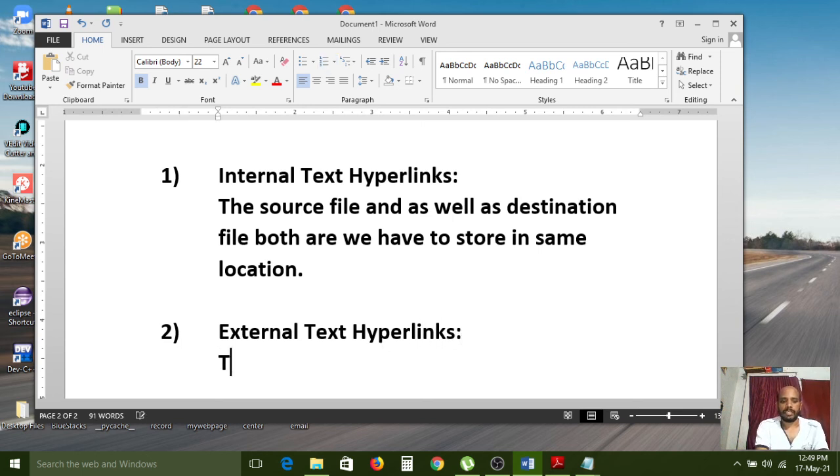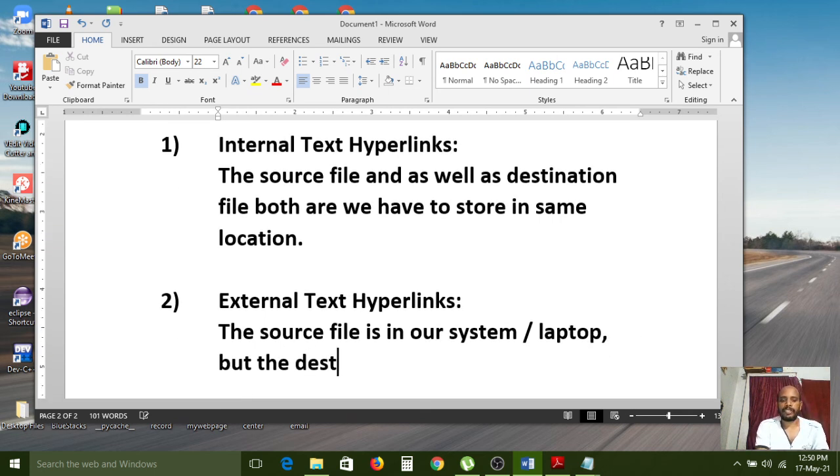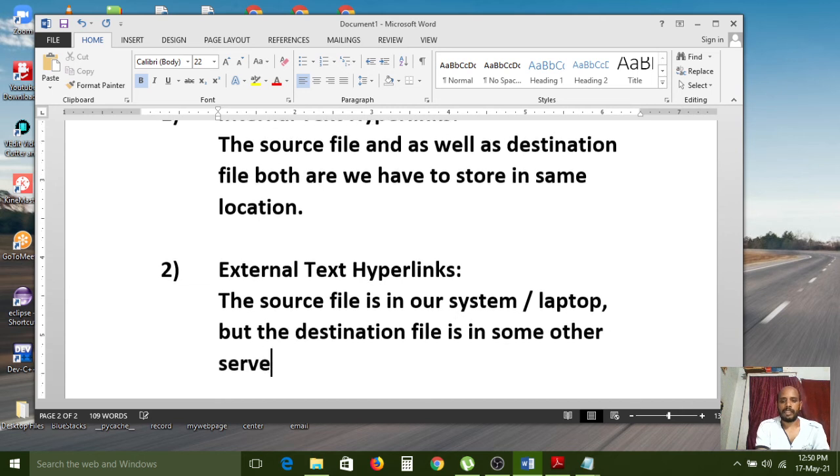External means the source file is in our system or laptop, but the destination file is in some other server. Server means some other location, some other place, not in our laptop, not in our system.